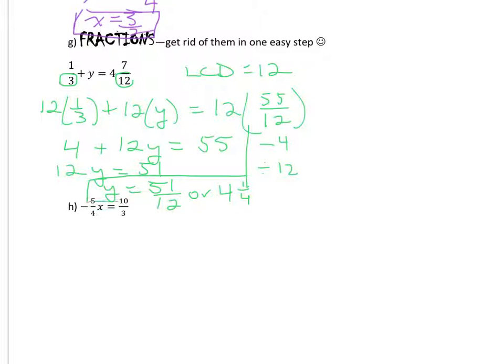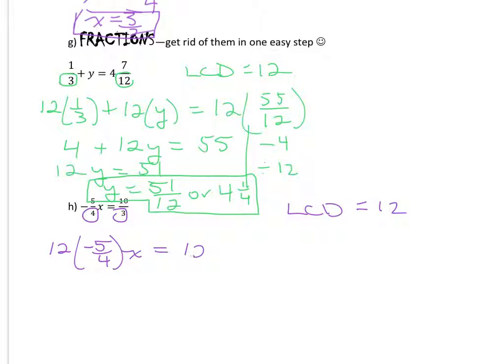Sorry, I didn't quite leave myself enough space for some of these here. So let's do that same method for question H here. I've got -5/4 x equals 10/3. If I look at the denominators, I've got 4 and 3. My least common denominator happens to be 12 again. Let's multiply every term on both sides of the equation by 12. So I have 12 times -5/4 x equals 12 times 10/3. And again, we're going to be able to simplify